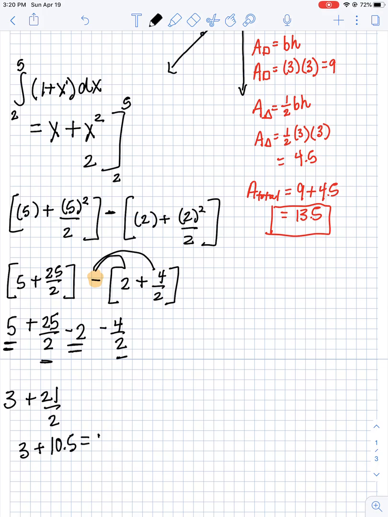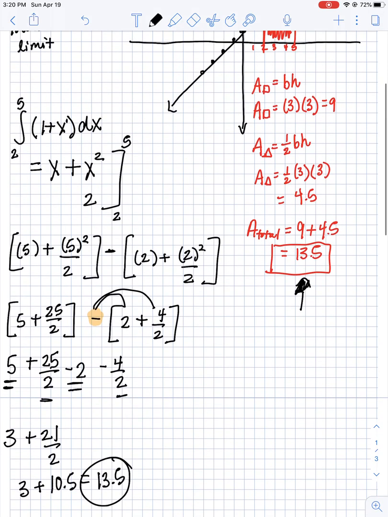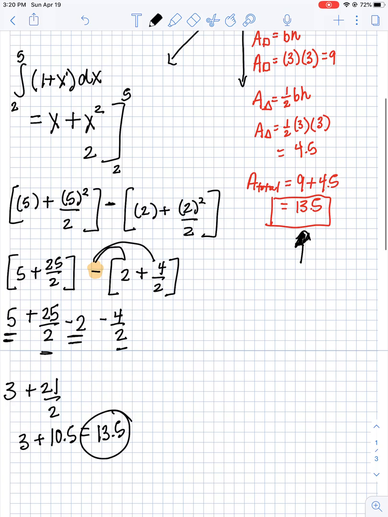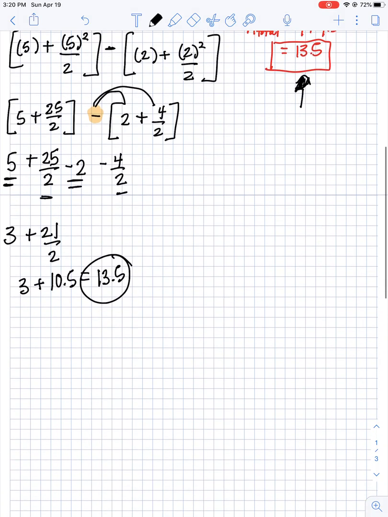And guys, guess what? 3 plus 10.5 is 13.5. Oh, that was also 13.5. And so what I hope you just realized is when we are finding the area under any curve or function, we simply are finding the antiderivative and plugging in an upper bound and a lower bound and subtracting the two. Okay, so let me give you another example to try to make you feel more confident in your